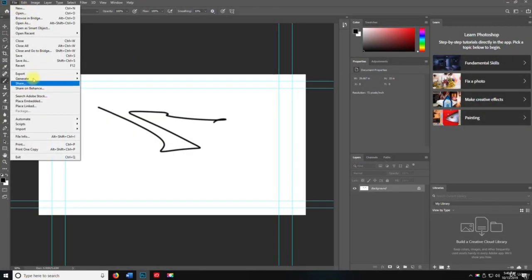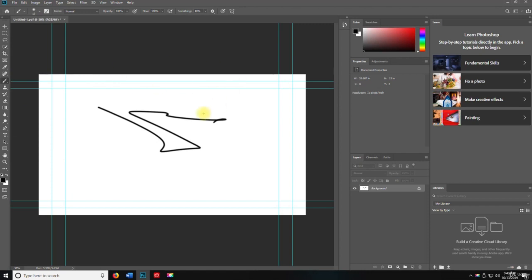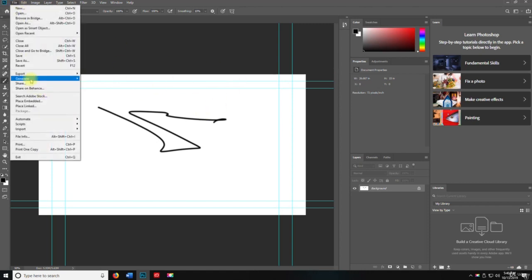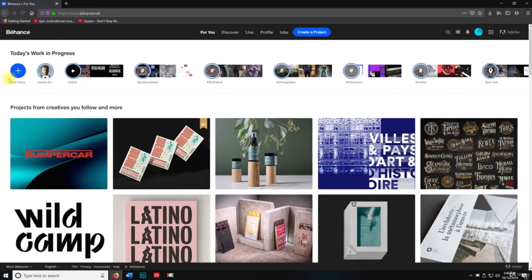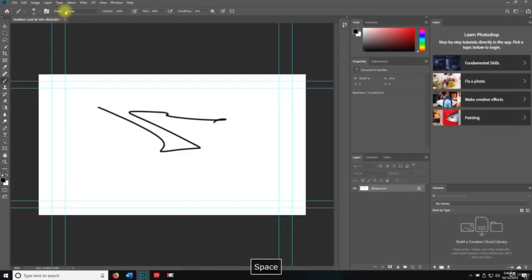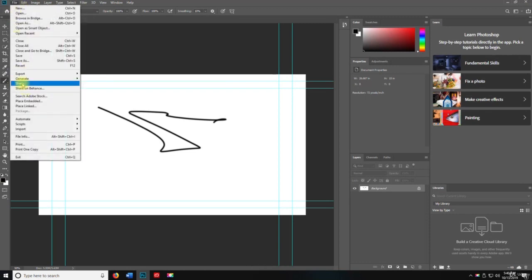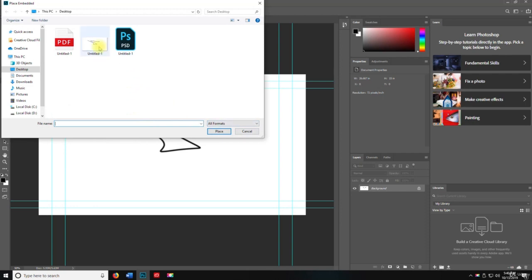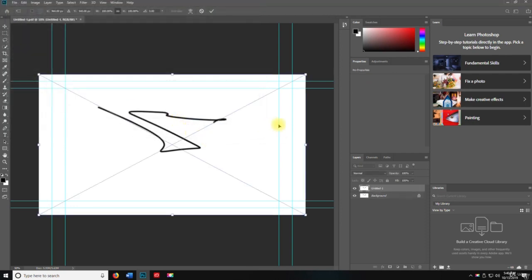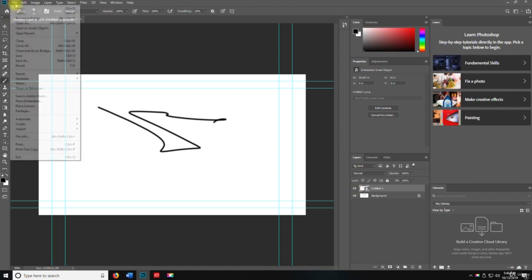Okay, so now generate. So you can do image assets. We can share on Behance. So we can upload here. I'm going to close that. This is share on Behance again. We can search Adobe Stock, place embedded, place linked. So these are just files that you can bring in, and then what it's going to do is make a layer of it. So you see how it's the same file, but